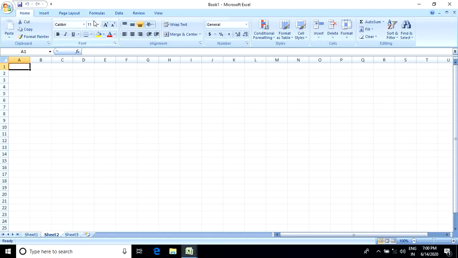Now this is called the title bar, and this is called the ribbon. From here we can find the cell name box. This is the formula bar.